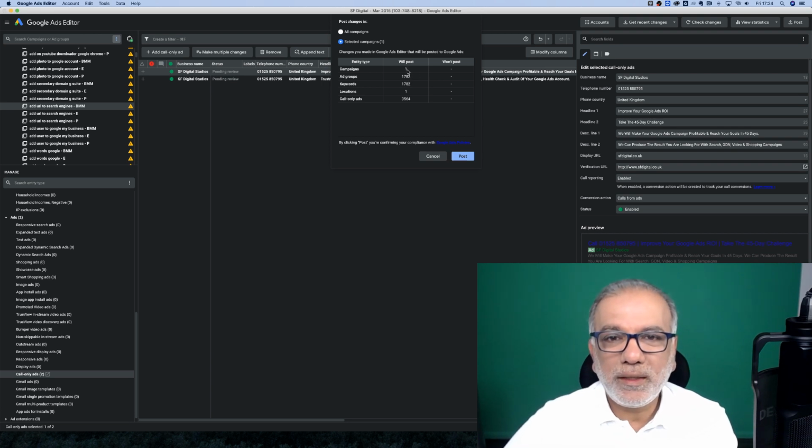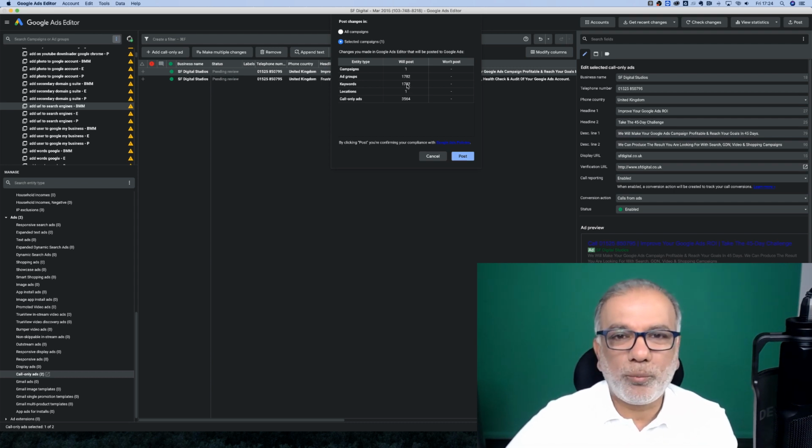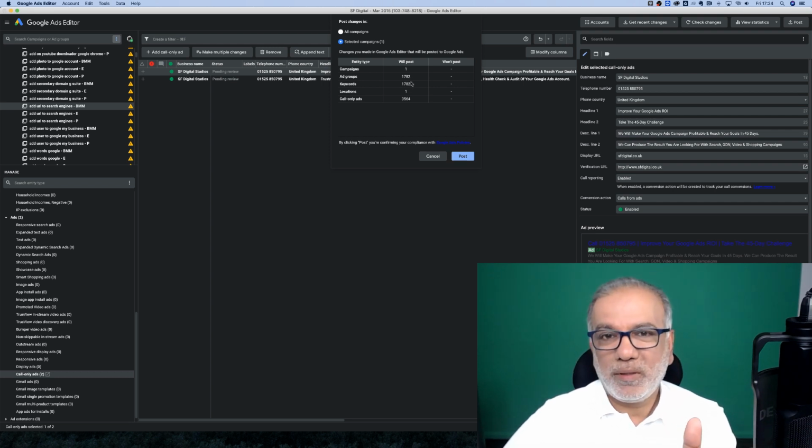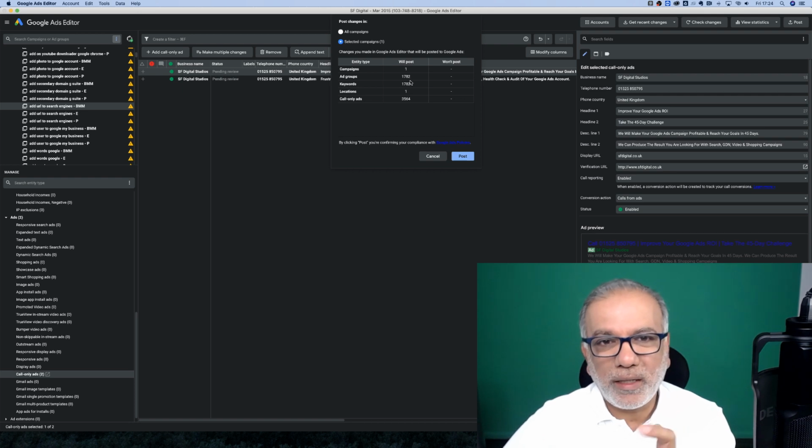So I can see that I've got one campaign. If there was any mistakes, these will not match. So let's say one of the keywords has not uploaded properly, then it's going to show me a different number here, and I'll know straight away that something is not right. In one of the ad groups, the keywords are not there,